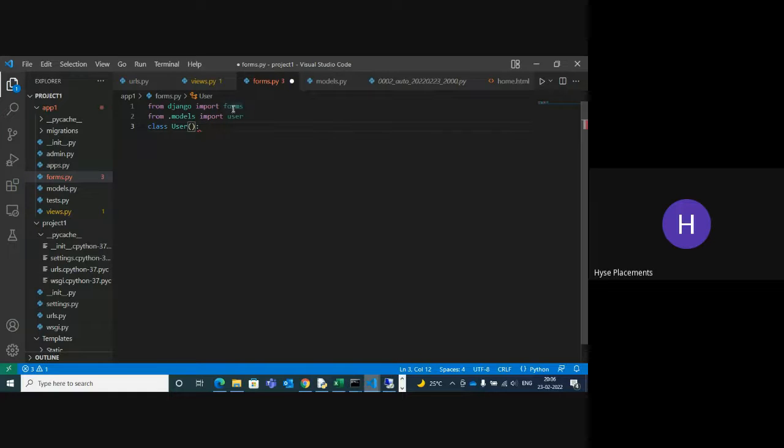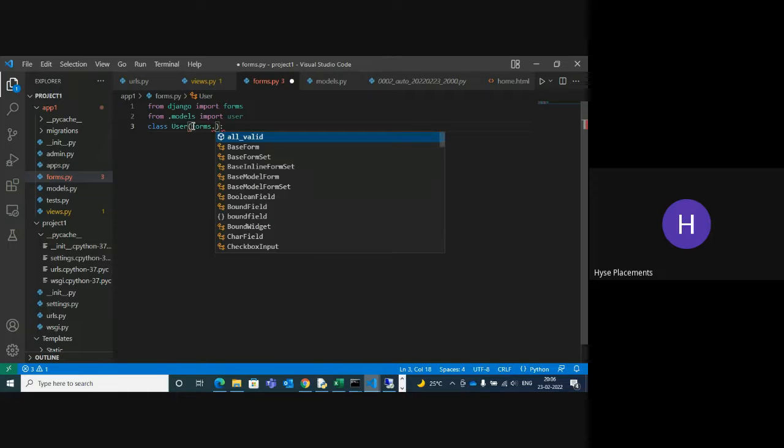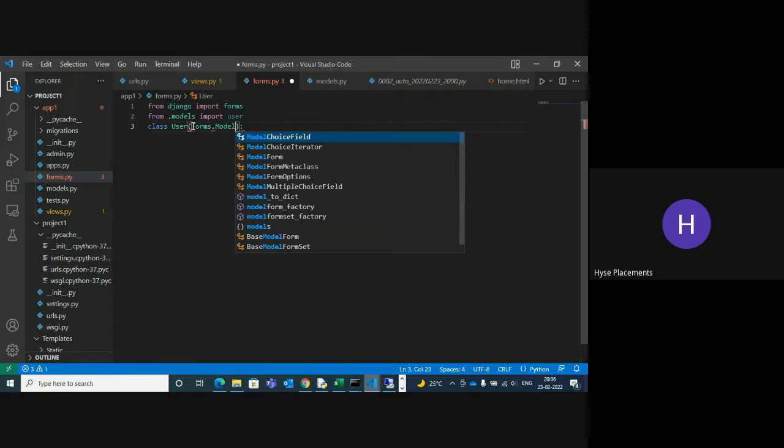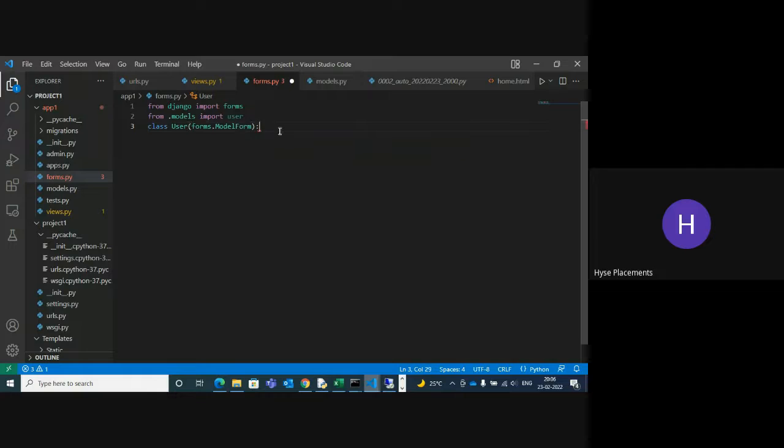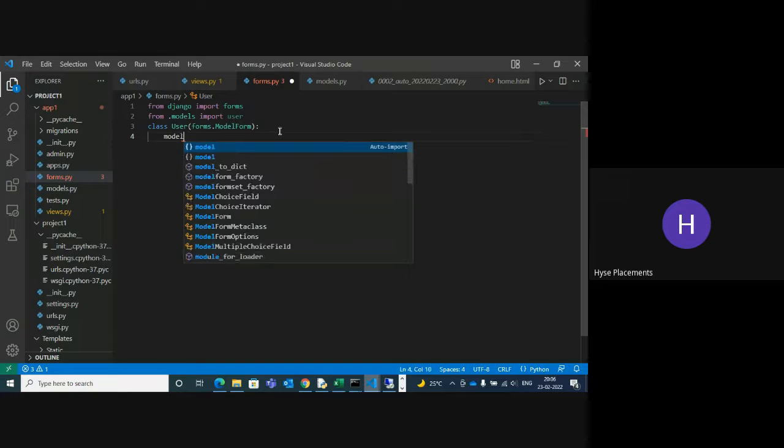Similarly, in models you can copy and paste it. From forms import model form. After that, you can give the model. What is your model?